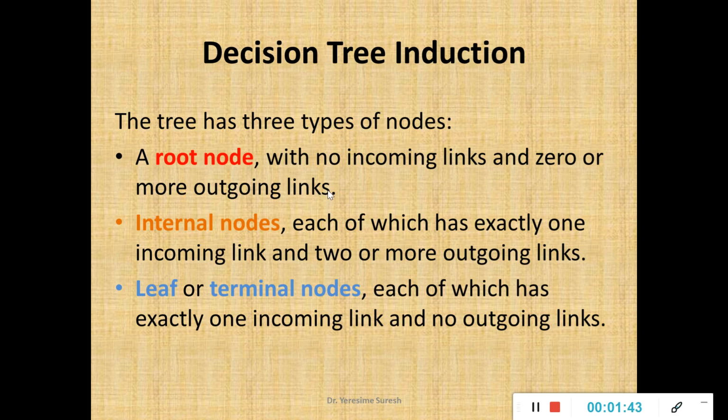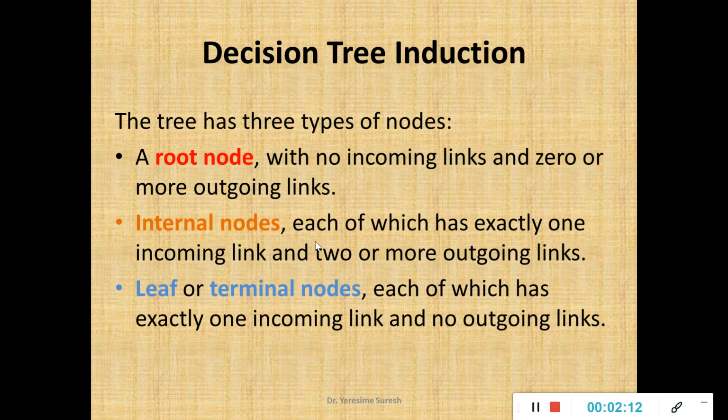Now if you look at the properties of a graph, when we start defining a node, it will have the properties of in degree and out degree. That means the number of edges coming towards a node is the in degree and the number of edges leaving a node is the out degree. That property is used to define a root node, internal node and a leaf node. So basically a root node is a node which has 0 as its in degree and the out degree will be equal to 0 or more.